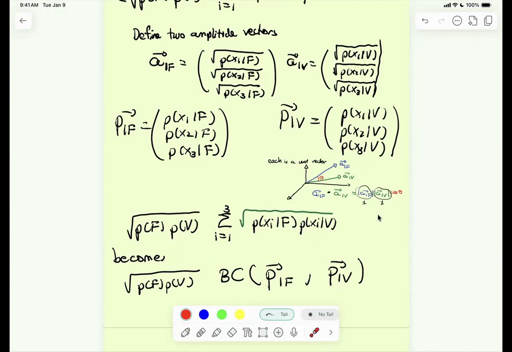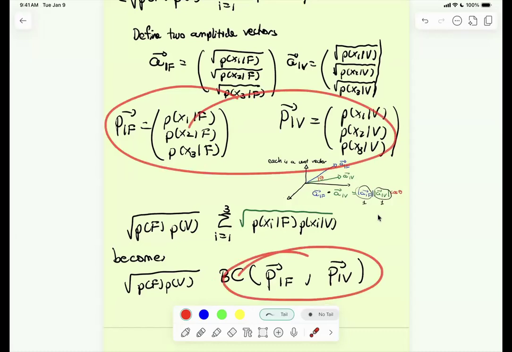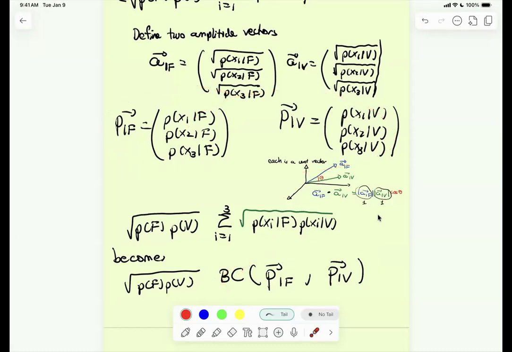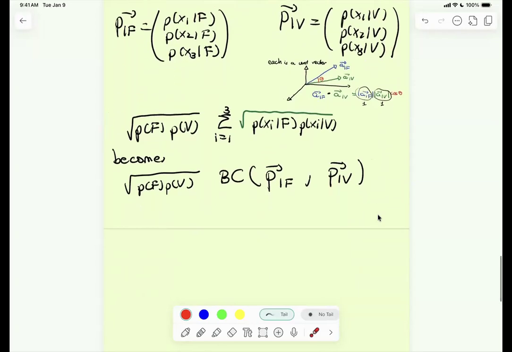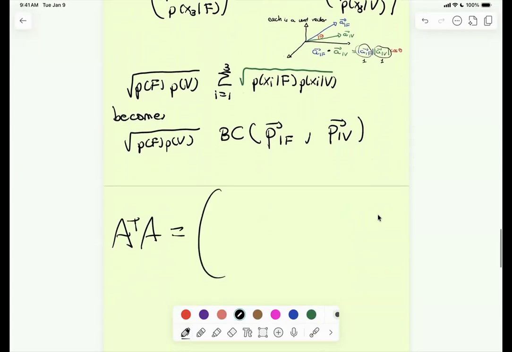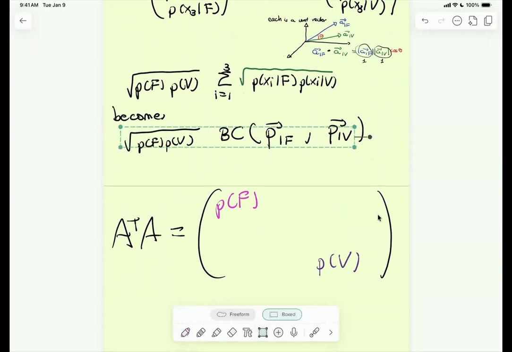So what this is saying is that there is a distance between these probability vectors. Well, not the distance itself, but the overlap between these probability vectors is measured by this coefficient. And that is what shows up in the off diagonal terms. So the matrix A transpose A: along the diagonal you have the marginals of being a fruit or a vegetable, and in the off diagonal term you are computing an overlap,